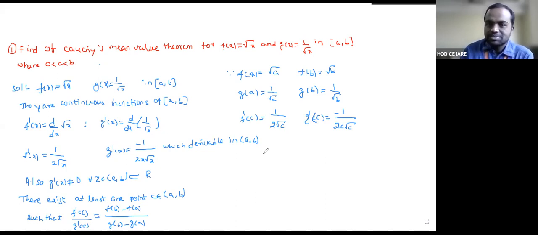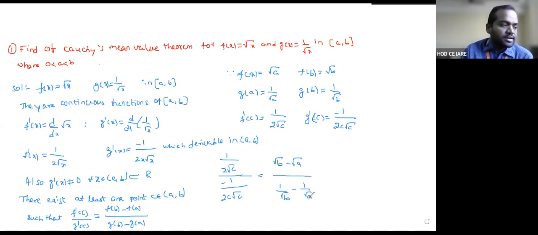So those values you can substitute in this equation. You get 1 by 2 root c minus 1 by 2c root c is equal to f of b root b minus root a by g of b. G of b, you can get 1 by root b minus 1 by root a. So calculating and simplifying,